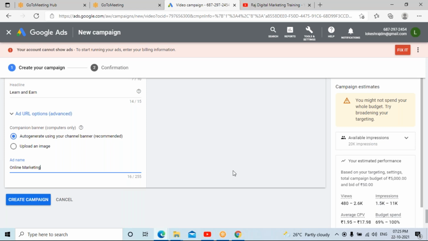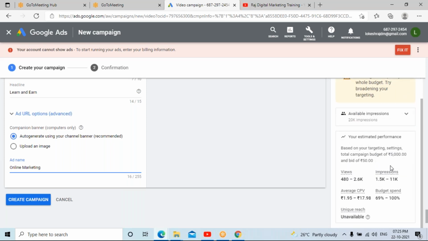Okay, on the right hand side, you can see the estimation: at what views we can expect, what could be the cost, average CPV. So as per the details you have given, with the value and the location, with all the information you have given.